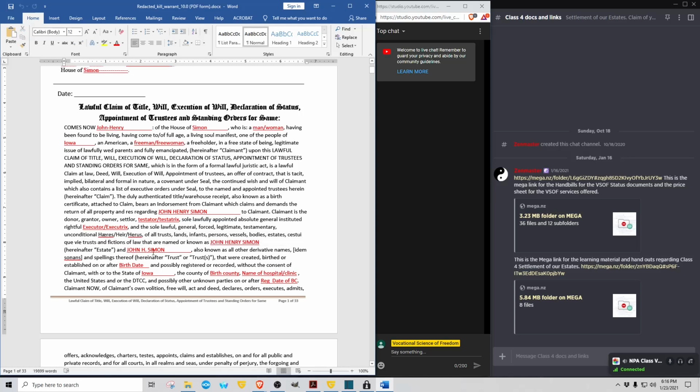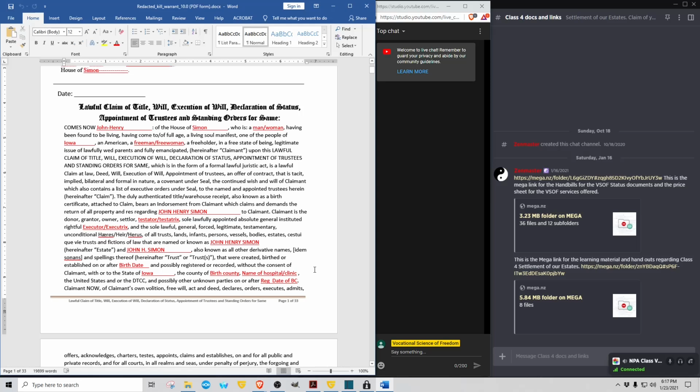And John H. Simon, also known as all other derivative names, idem sonans, which is what that means in Latin, and spellings thereof, hereinafter trust or trusts. So any other possible name that they would ever place or use in any constructive trust, meaning any court case, or the Social Security trust, it doesn't matter what the name is. All other derivative names, okay, you're now calling trust or trusts that were created, birthed, or established on or after birth date, that's the actual date that you were born, and possibly registered or recorded without the consent of claimant